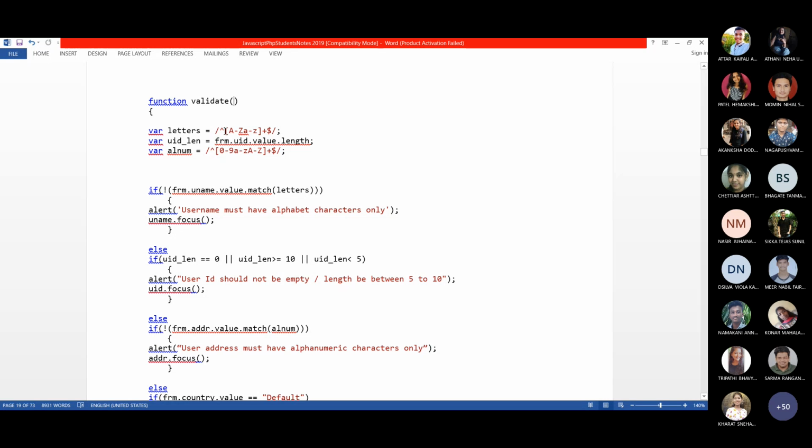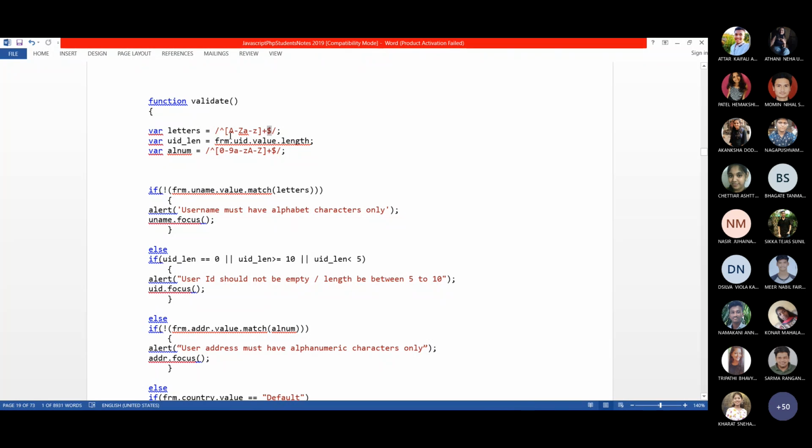I said a regular expression has many identifiers, delimiters, and many symbols. We have to study each and every symbol separately. Now whichever symbol we are using in the program, only that we are understanding. Okay. So now the power symbol denotes the starting of the string. This dollar denotes the end of the string.